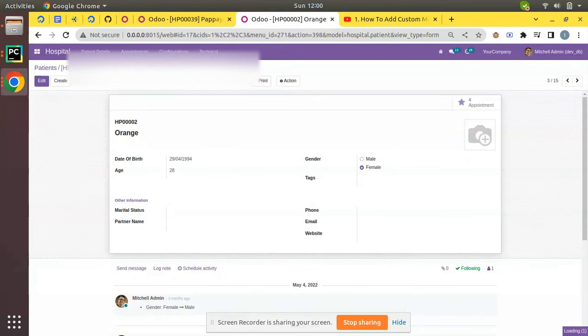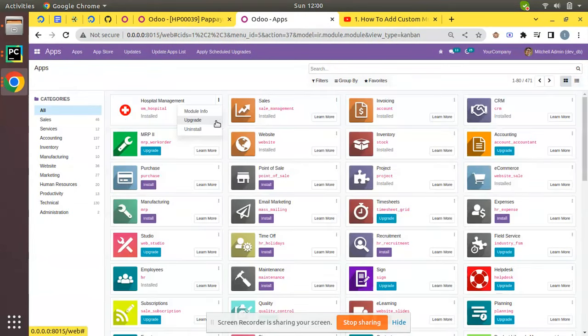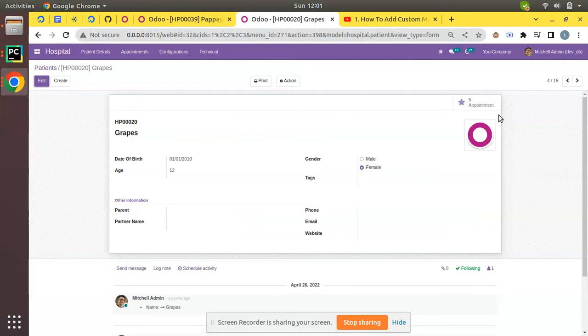So I'll go to the apps menu and let me upgrade the OM hospital module. You can see the module is getting upgraded. Initially we were getting an error because there was a change of field name from Odoo 14 to Odoo 15 once we developed. So if I go to the patient, let me open Grapes, where we have an image we